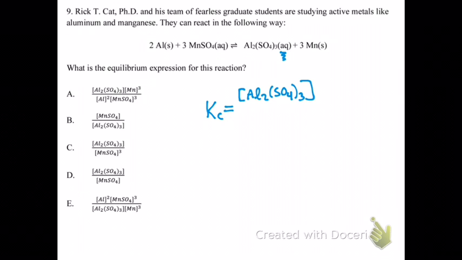And there is no coefficient in front of it, so it's just going to be to the first. We're not going to include the manganese in our expression because, hark, it is a solid. So products over reactants. Not going to include the aluminum because, once again, solid alert, solid alert. But we are going to include manganese sulfate. So that's going to be